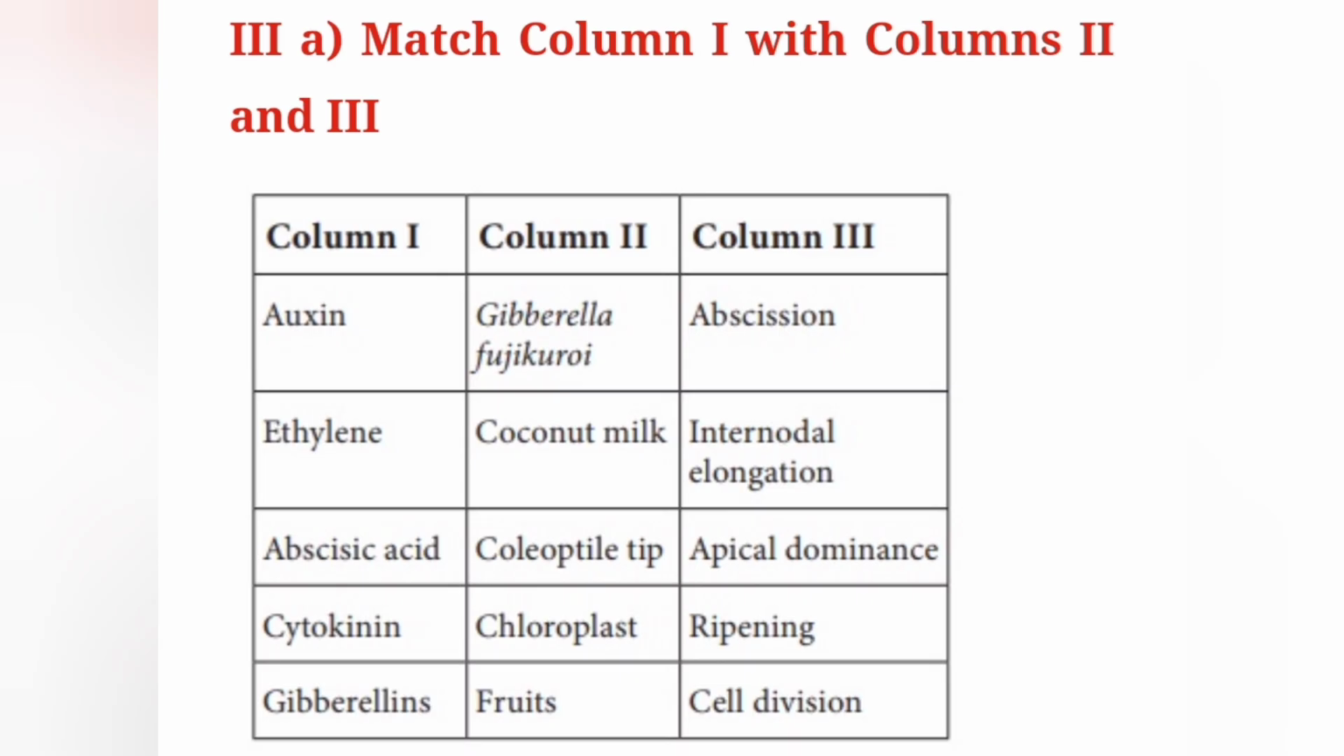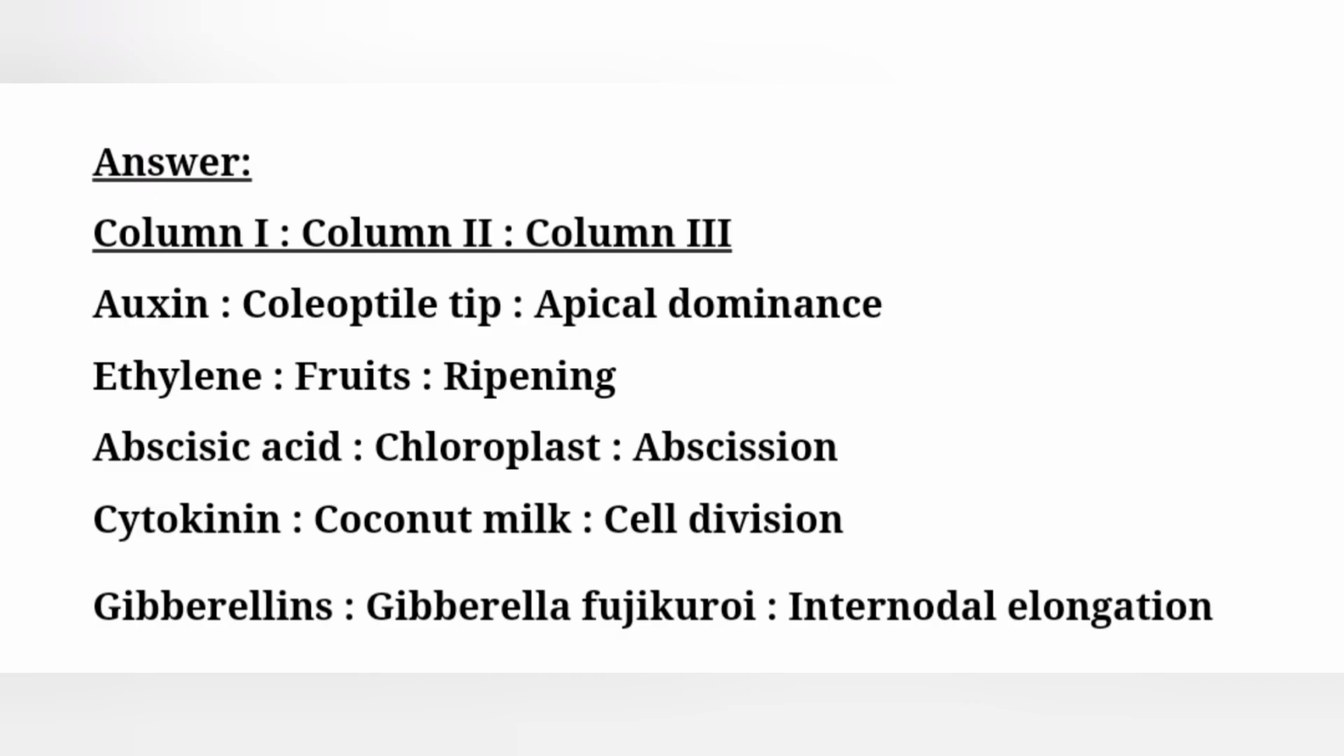Roman letter 3, match column 1 with column 2 and 3. Answer: column 1, column 2, column 3. First, column 1 auxin, column 2 coleoptile tip, column 3 apical dominance. Next, second one, ethylene, fruits, ripening. Then third one, abscisic acid, chloroplast, abscission. Then fourth one, cytokinin, coconut milk, cell division. Fifth one, gibberellins, then gibberella